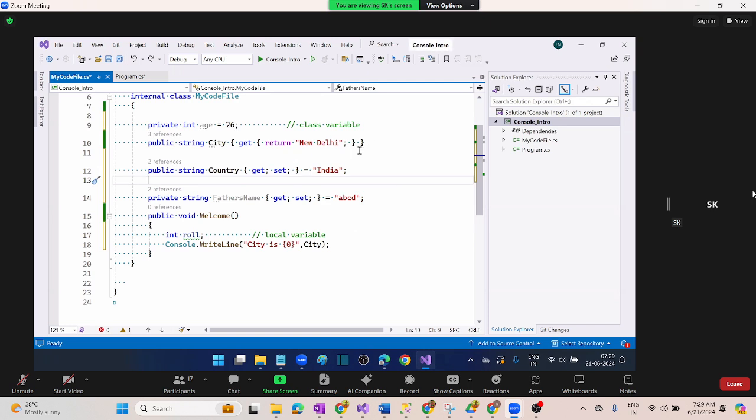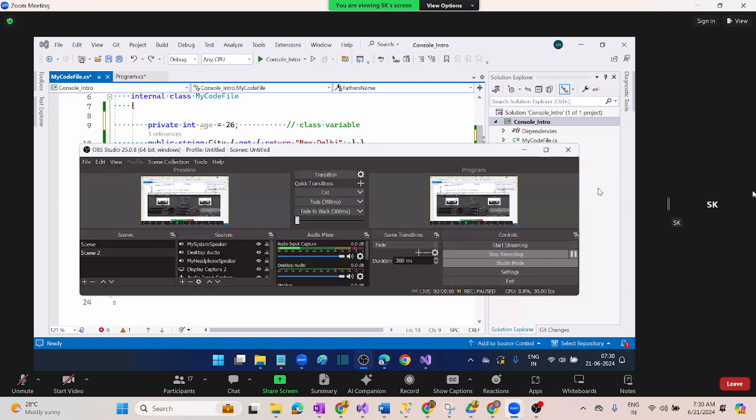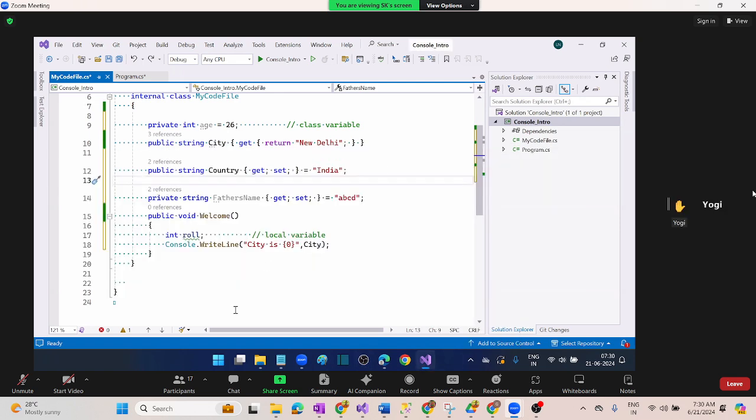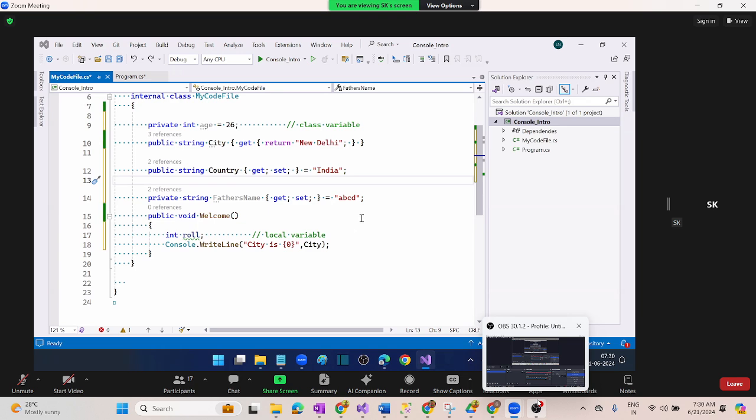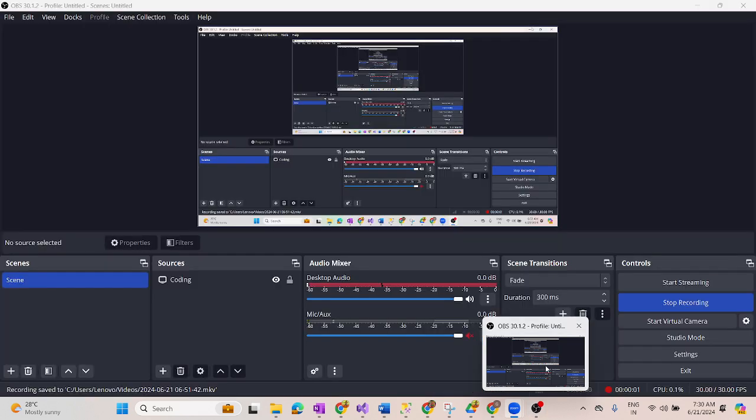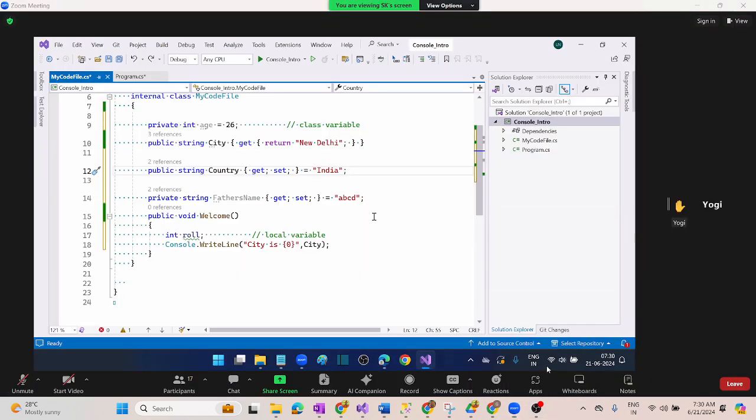Now, question answer. Yogi, do you have any question? Yeah. So basically here we don't need to give equal to also, right? We can only write get set and public, and we can assign a setter value somewhere else as well, right? Possible. That is called constructor. Since I have not taught you constructor, that's why I'm directly giving the values. No, even without constructor, like if I initialize my code instance,